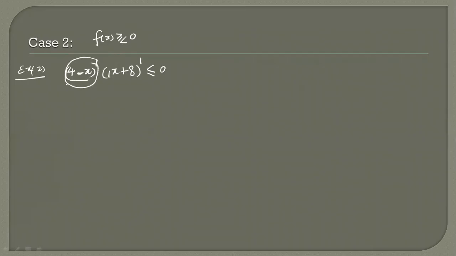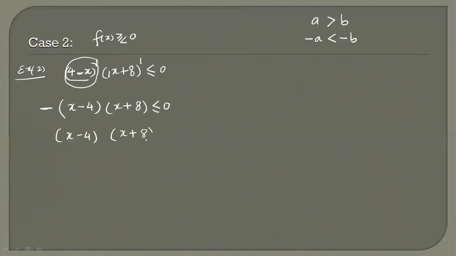Here the coefficient of x is negative, so we will take the minus sign outside. We have to make the coefficient of the variable positive in every question. Now multiply by negative on both sides. I told you, if a is greater than b, and you multiply by a negative sign on both sides, the inequality will change. So it will be greater than or equal to 0. And why are we taking the minus sign outside? Because we have to make the coefficient of the variable always positive.